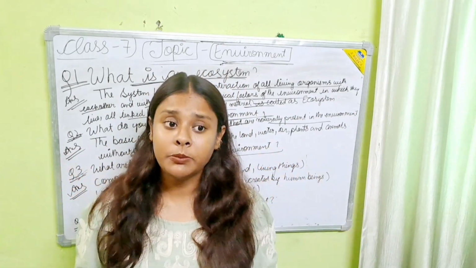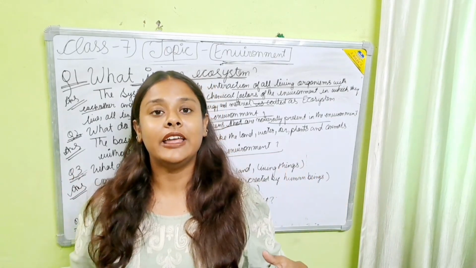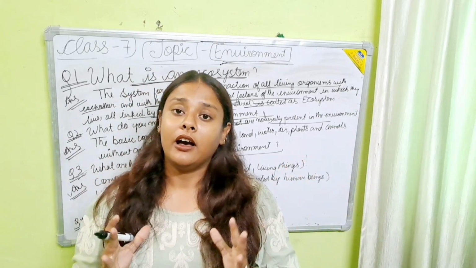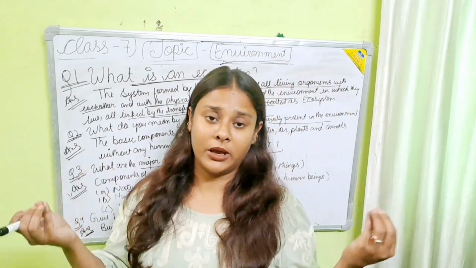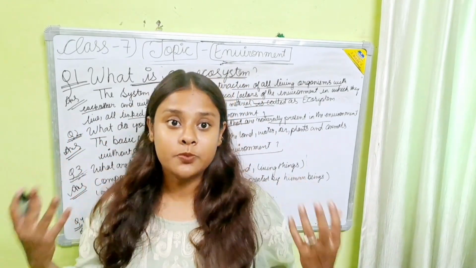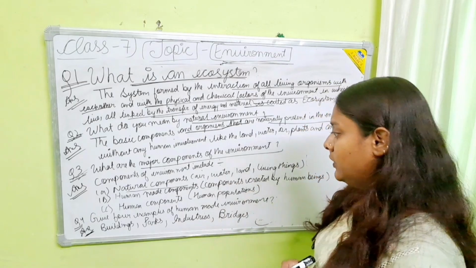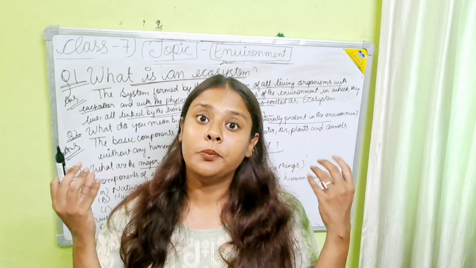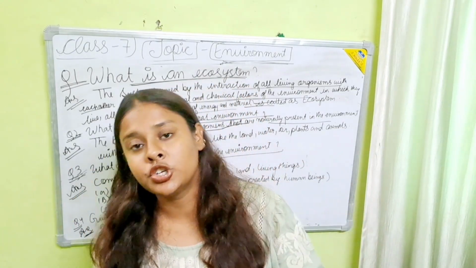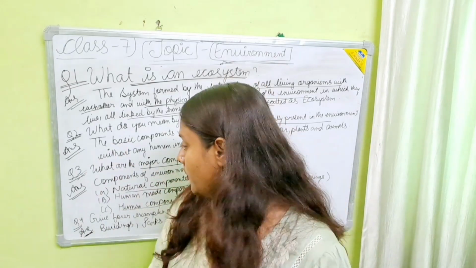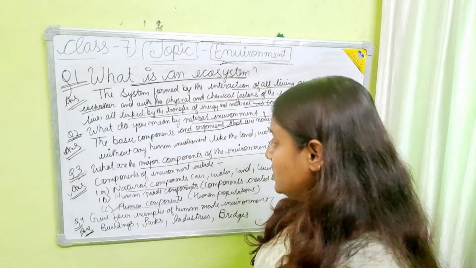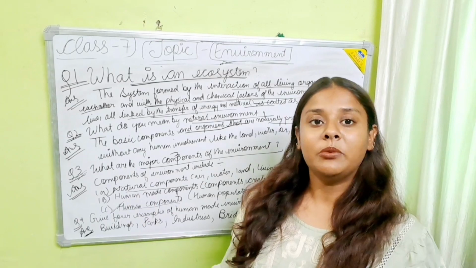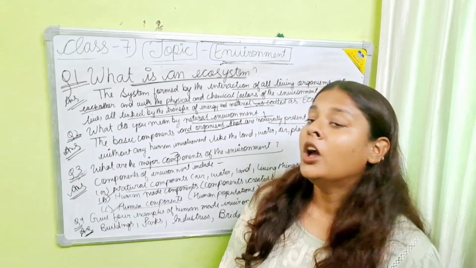When we talk about human-made environment, all the things that are created by humans by modifying the natural environment come under human-made environment. It includes industries, parks, all these things. And when we talk about human components, they consist of human population, religion, education, economic background, all these things. So it is very clear there are three major components of the environment: first is natural environment, second is human-made environment and third is human components.